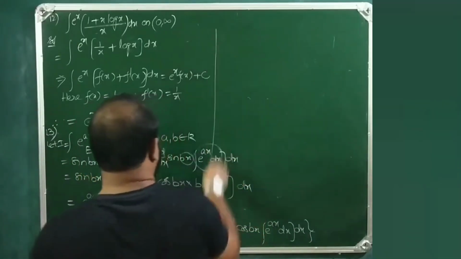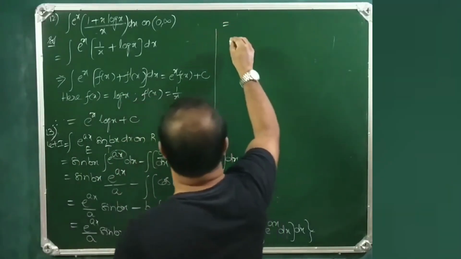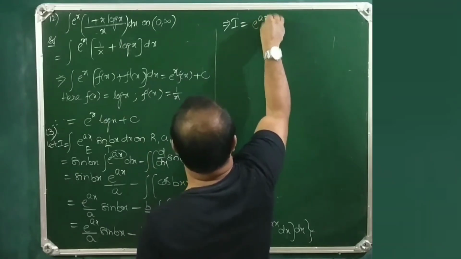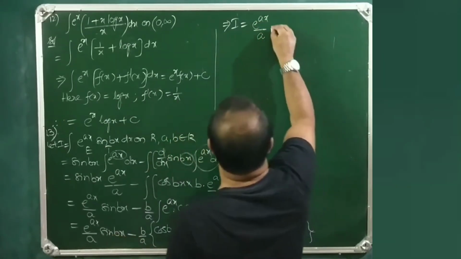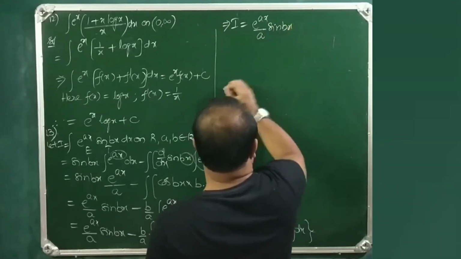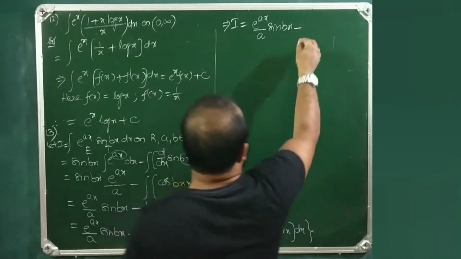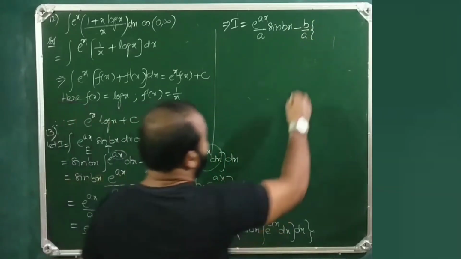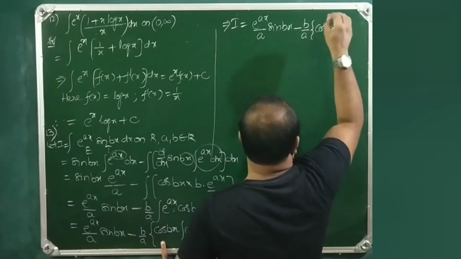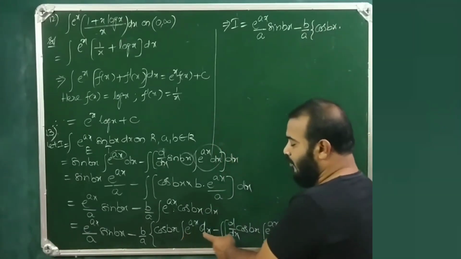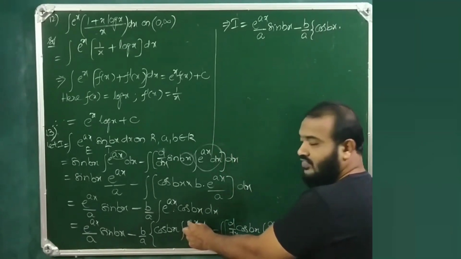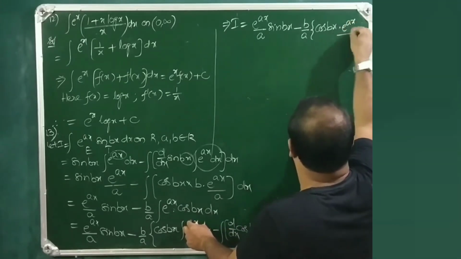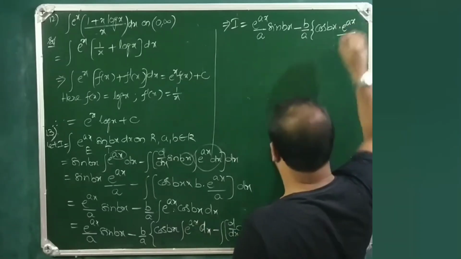So I is equals to e power ax by a into sine bx, minus b by a into cos bx into integral e power x dx. Let us suppose this as x. Integral e power x dx is e power x. So e power ax by d by dx of ax, which is a, minus